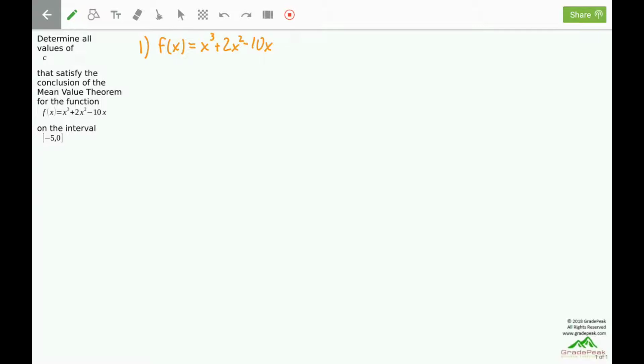X cubed plus 2x squared minus 10x is a polynomial, and a polynomial is continuous on any interval, so it will be continuous on the closed interval given of -5 to 0. Closed means that it includes both endpoints, indicated by square brackets on both ends. Condition 1 holds true. The second condition,